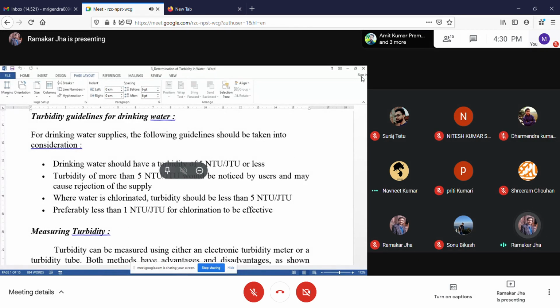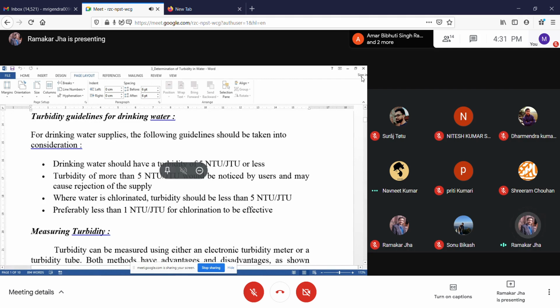And if the turbidity is less than 1, then chlorination is effective. That is why in swimming pool it is very effective, because there is almost zero turbidity. And then chlorination is very useful. And that is why if you go there, you do swimming, you may not have bacterial infection, because a lot of chlorine is placed. But chlorine changes the color of your skin. You will become dark, tinted हो जाएगा आपका color, right?